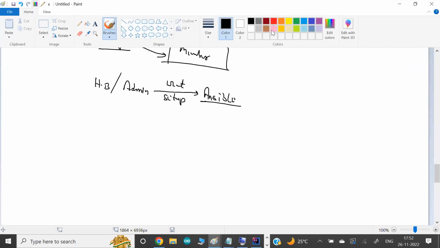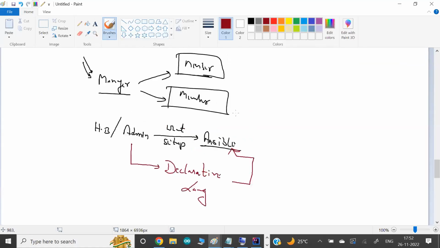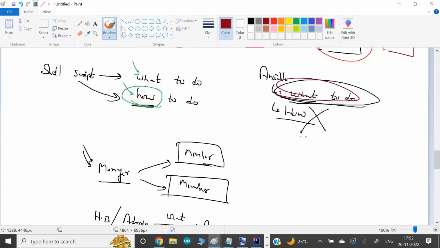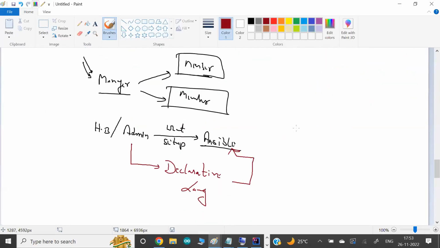So Ansible works in a different approach. Here the approach is we as IT people will declare what we want to achieve. So Ansible works with the idea called declarative language. In Ansible, we have to write some kind of code, not exactly code, through which we just declare and tell Ansible what we want. How? Ansible does it for you. I'll give you an example in a minute.